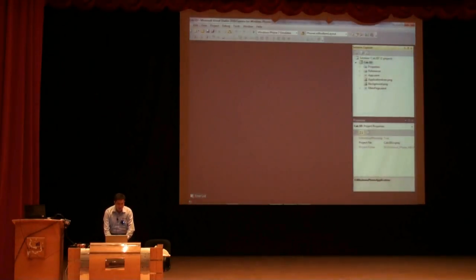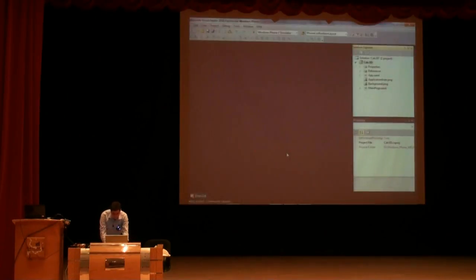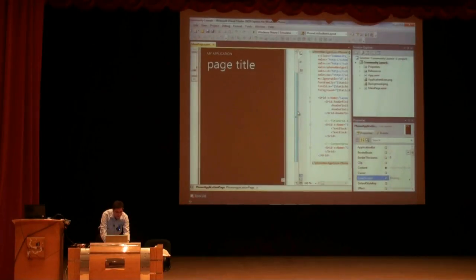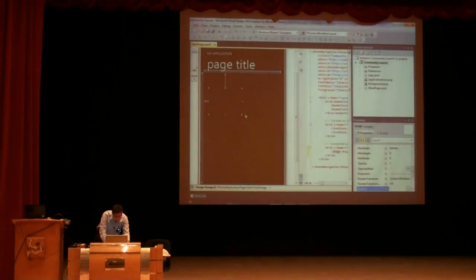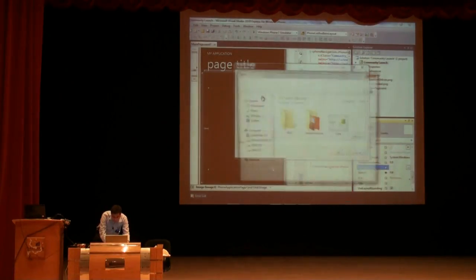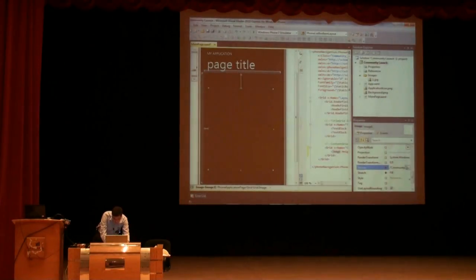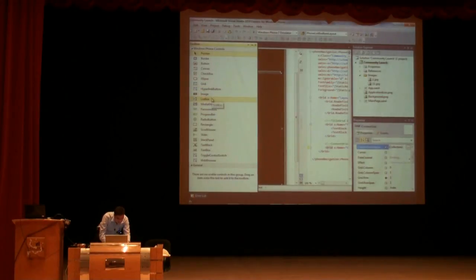I'm going to show you how to build a new Windows Phone application. So I'm going to start a new project. By default, you get this page. What I'm going to do is add an image. Let's do something other than an image. Let's say